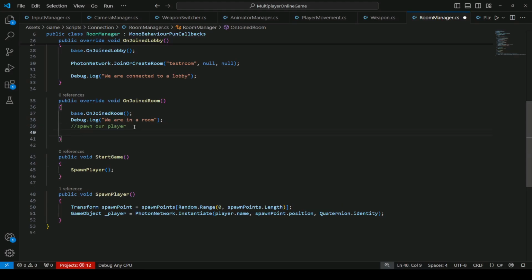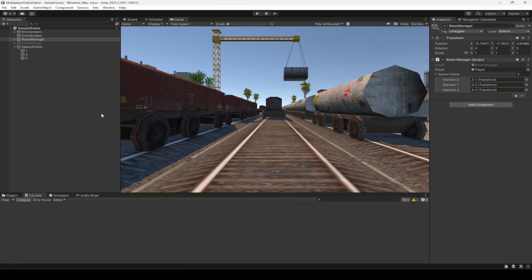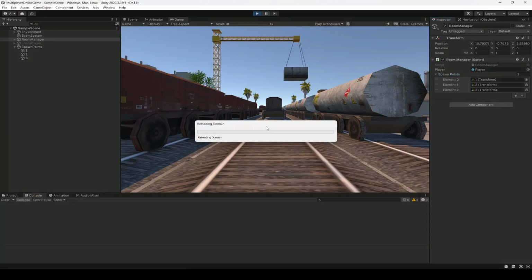Then right here call the start game method. That is it. Okay, save the script, get back right here. We need to provide the spawn points, so drag and drop each of the spawn points in there, and for the player we need to drag and drop the player from the resources folder. Alright, so once you do all of that, you can then click on console and start the game,